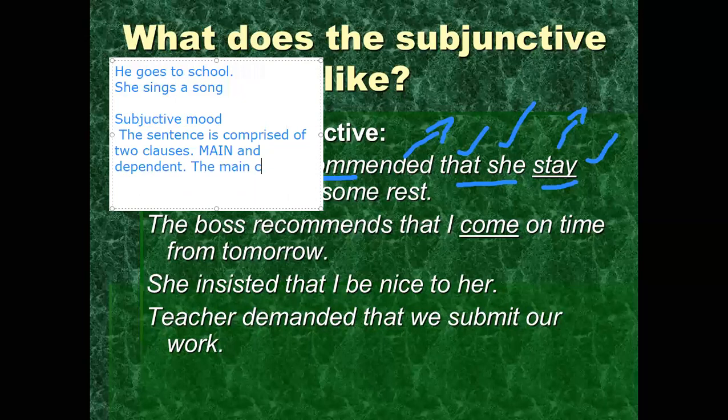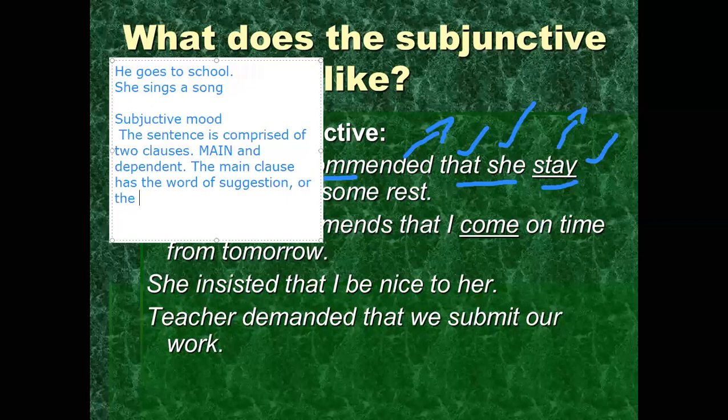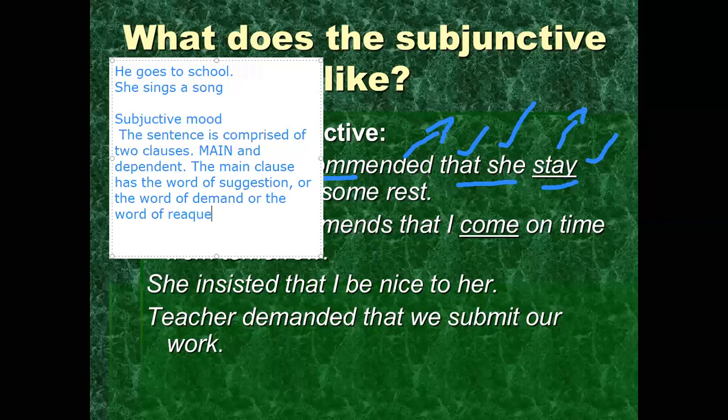Main clause has the word of suggestion, or the word of demand, or the word of request. And the third thing which we really need to keep in mind